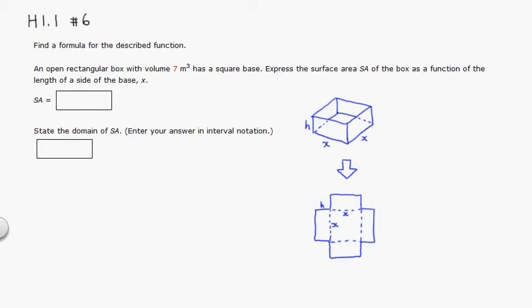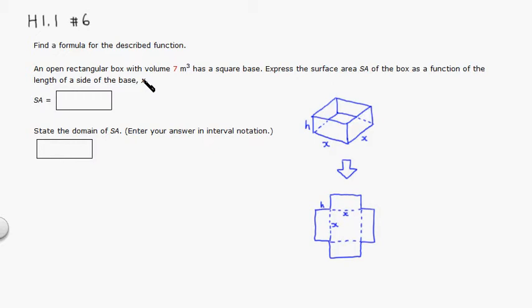All right, let's look at homework 1.1, problem number 9. We want to find the formula for the described function. An open rectangular box with volume 7 cubic meters has a square base. Express the surface area SA of the box as a function of the length of a side of the